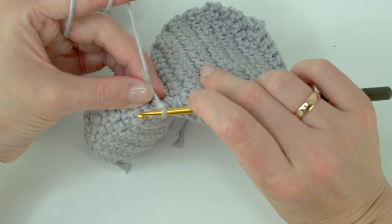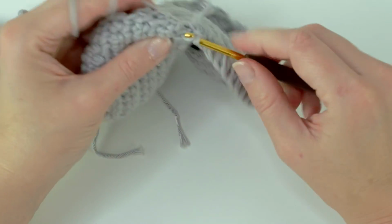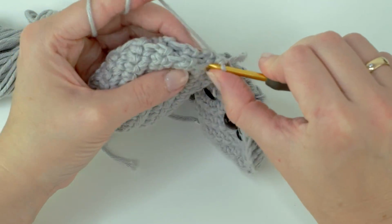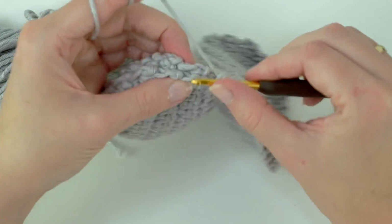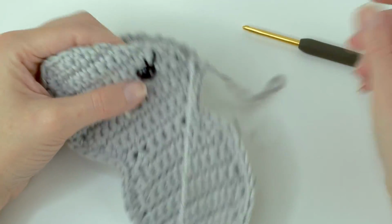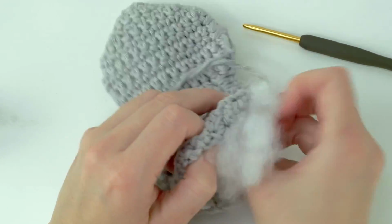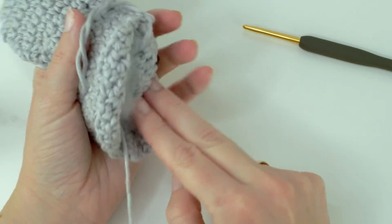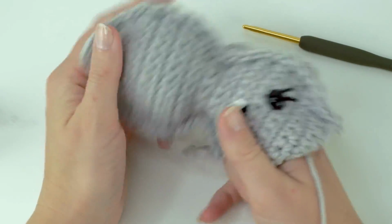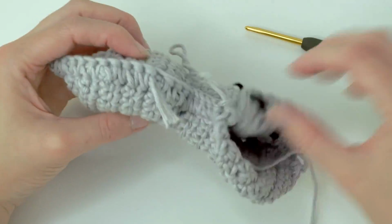So when you have the tail here, when you have crocheted over the tail for a bit, you can just put it on the side there and cut it off later. Okay, so I'm just gonna see you afterwards when I'm ready to add some filling materials. So now I'm just gonna pull the needle out here, so I have a big chain there, and I'm gonna put some stuffing there. You're only gonna stuff the body and the head. We're gonna leave the neck unstuffed. So I'm just putting a chunk in there like so, and then